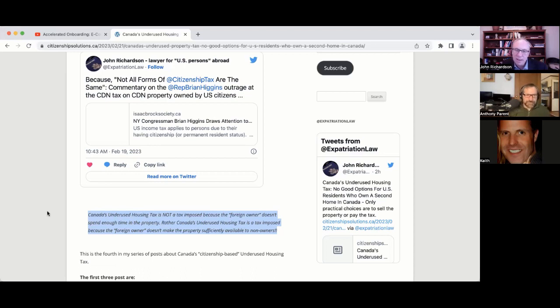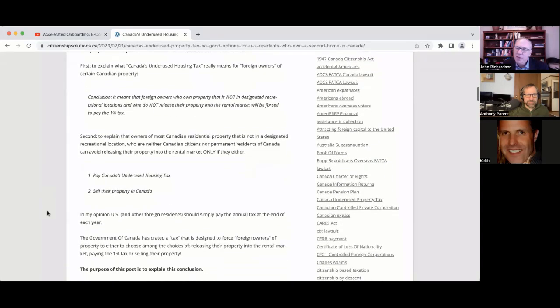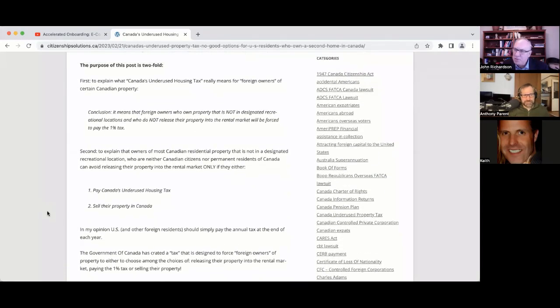My reading of this is that it will have no effect on it whatsoever, for a very simple reason. The tax applies, again, based on citizenship or immigration status, to people who are not Canadian citizens and are not permanent residents of Canada. Therefore, it is basically impossible for this second home in Canada to be the primary residence of these people. And once it's not the primary residence, the occupancy requirement can be satisfied only if other people are given appropriate use of the property for 6 months or more of the year.